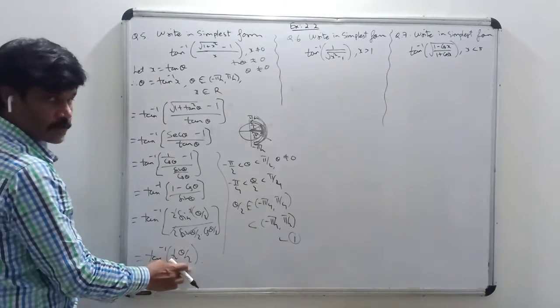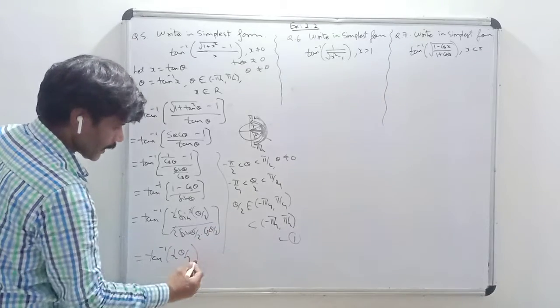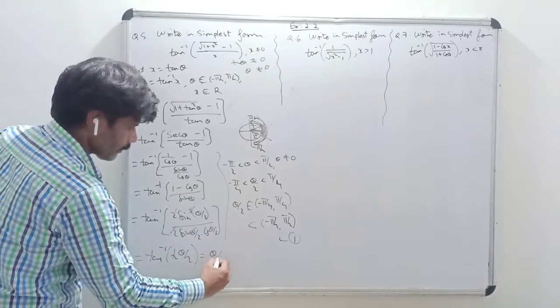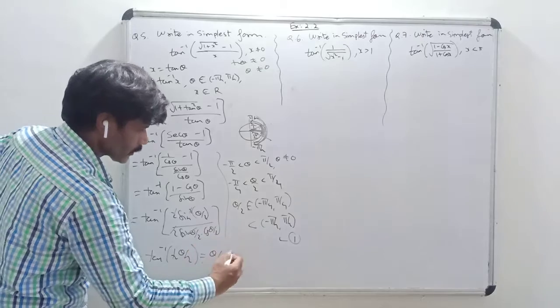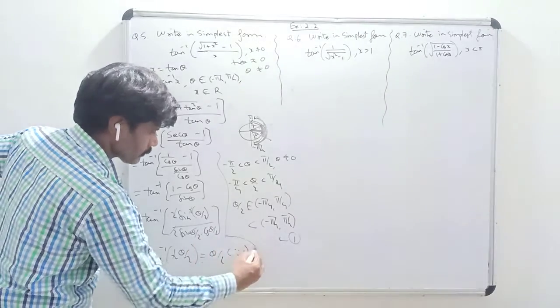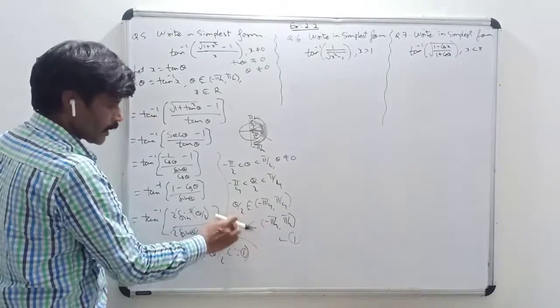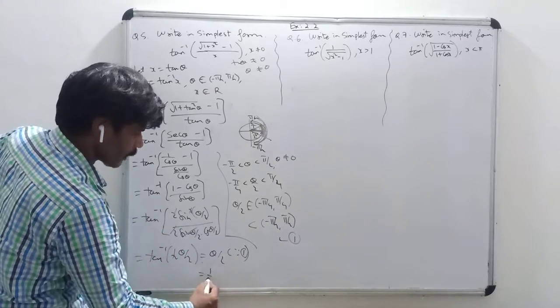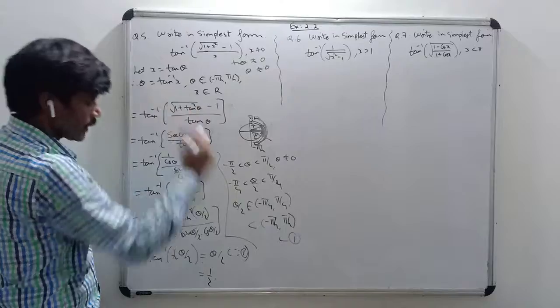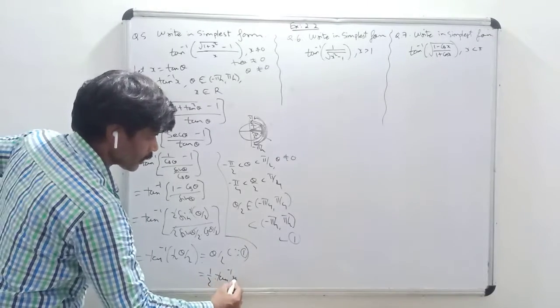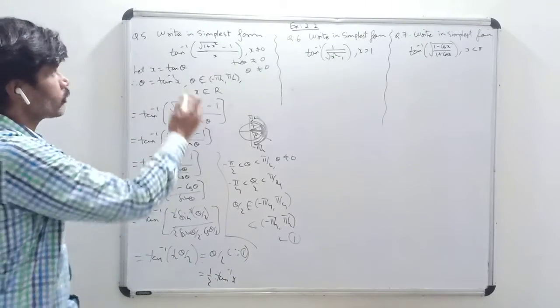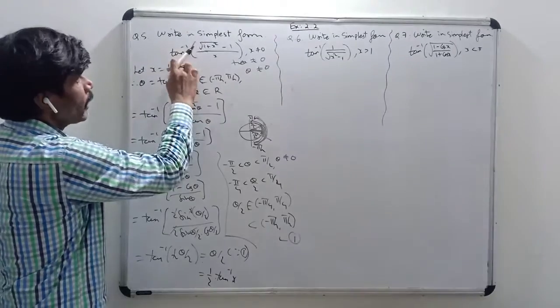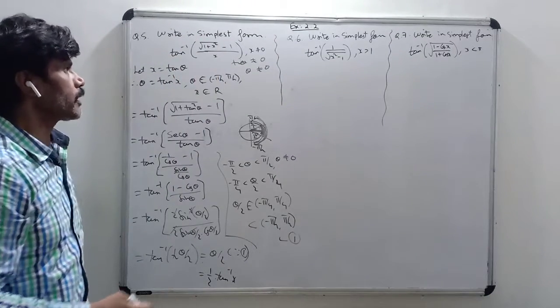So this tan inverse of tan of something, that is theta by 2, I can write as theta by 2. Why? Because of result 1. Theta by 2 is in the domain of the tan function. That is equal to 1 by 2 as it is, and what is theta? Tan inverse of x. So this is nothing but a simplified form. 1 by 2 into tan inverse of x is nothing but the simplified form of tan inverse of (root of 1 plus x square minus 1) upon x.